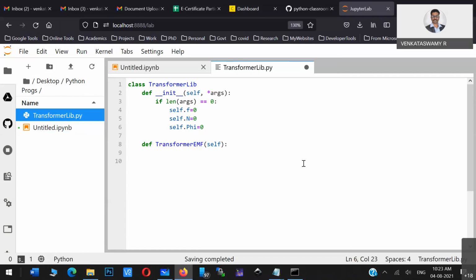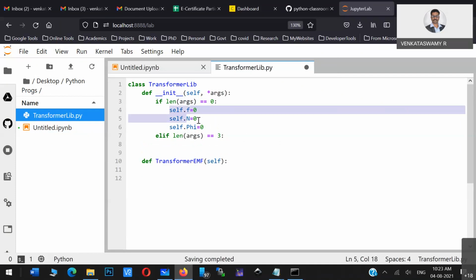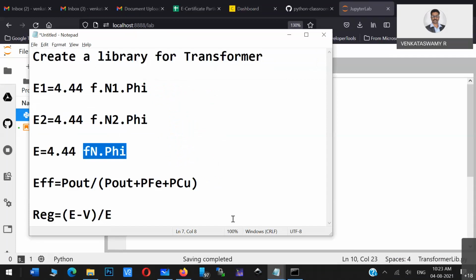Now, else if the length of the argument is 3, that means if you pass 3 variables, what does it have to do? It has to take the argument values.